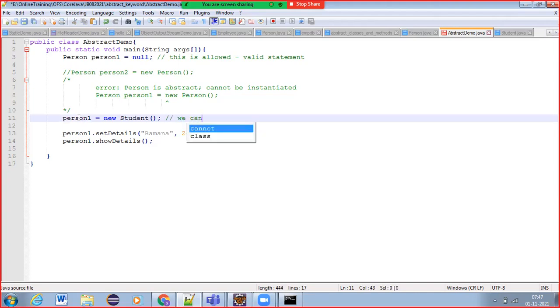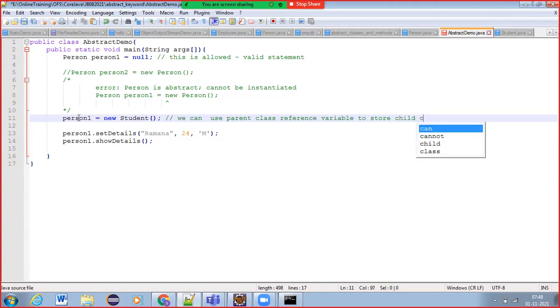Once again, I am noting down the point. We can use a parent class reference or superclass reference variable to store a subclass or child class object. This is allowed.